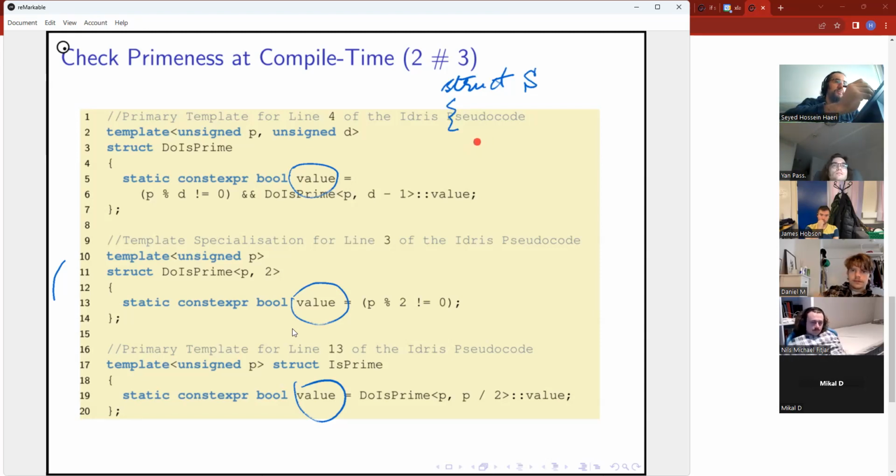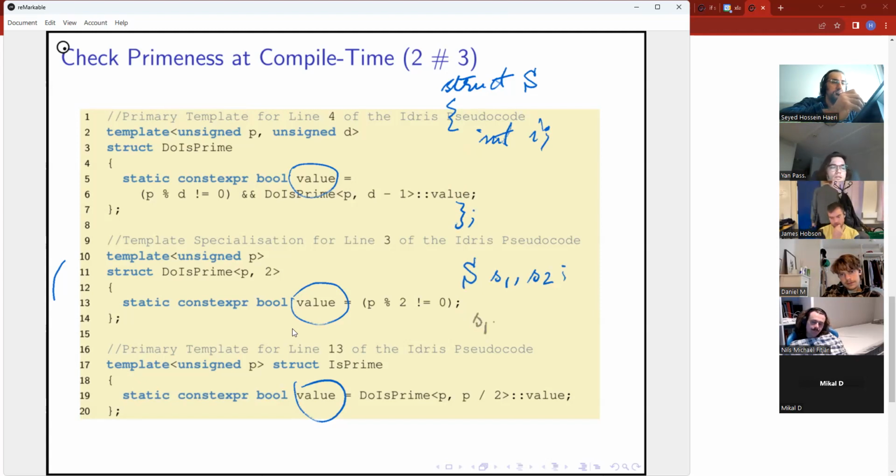Let's say that I have an integer data member, which means then if I have two instances of S, each instance of S has its own data member, S.I, S1.I.